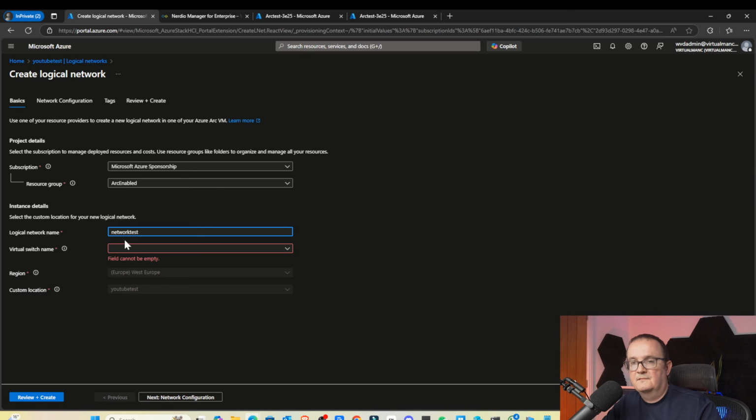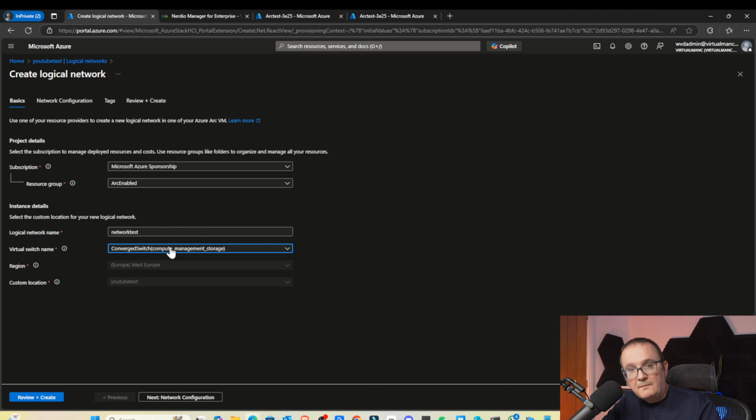network test, give it a switch name so it automatically picks that for you. This is the virtual switch name. We've only got one, okay, but if you had an instance where you have multiple NICs, so normally in HCI environments you have one NIC dedicated to storage, one NIC dedicated to VM traffic, for example. So we're just using one NIC here, so we've got that configured just for the compute. But then we'll go to the